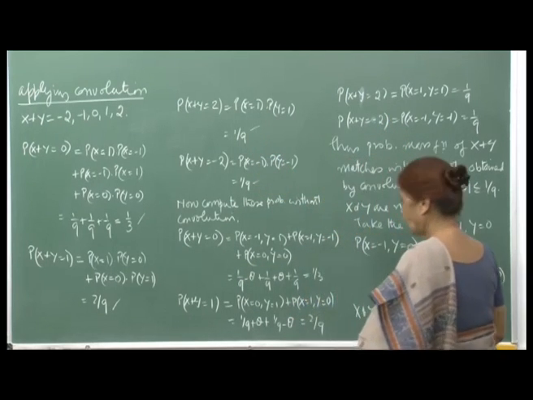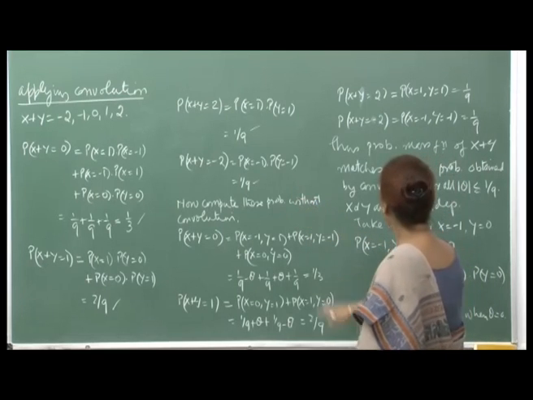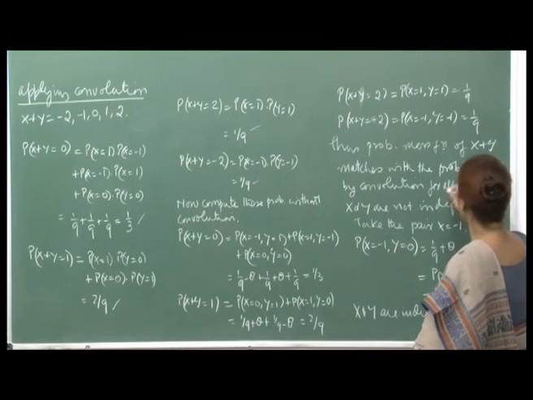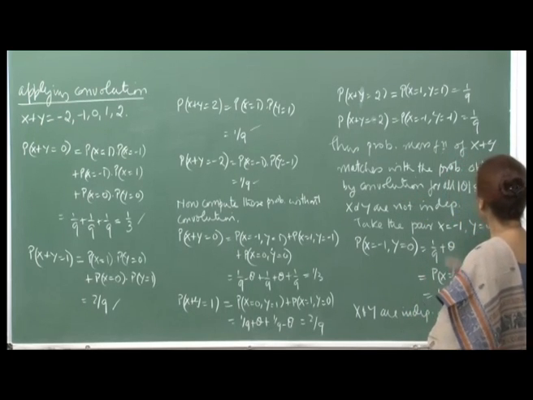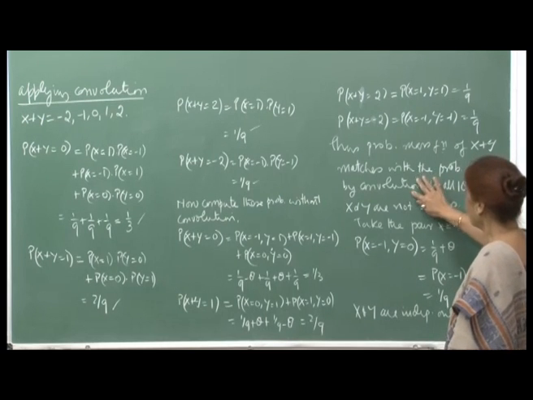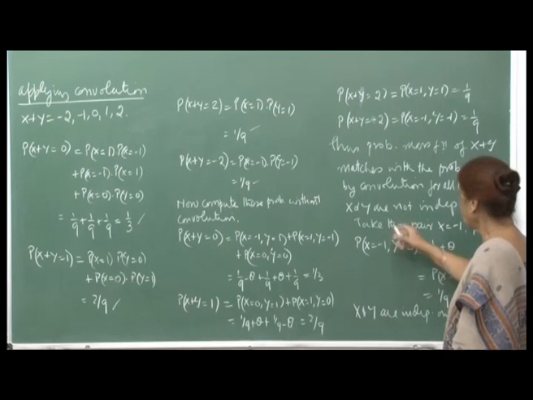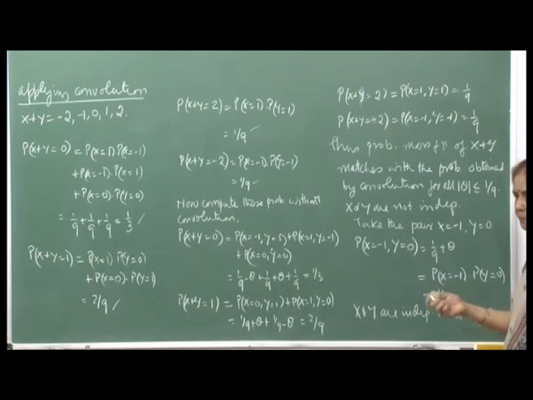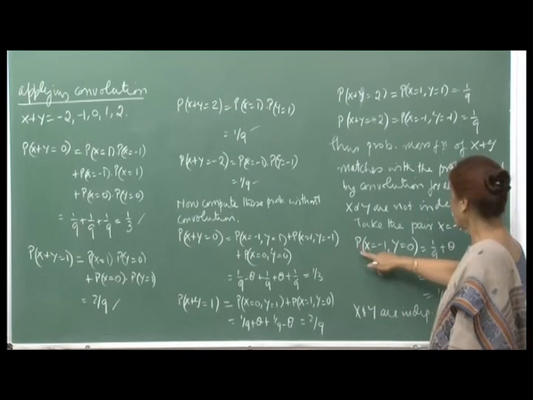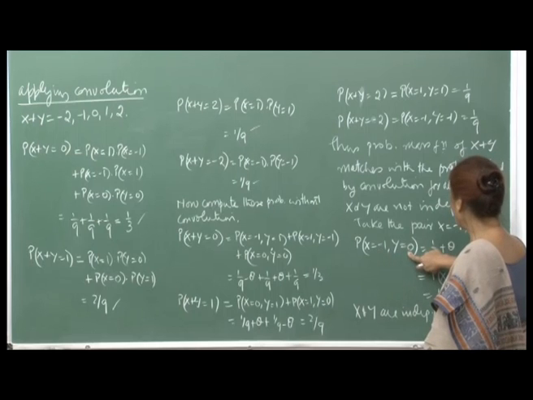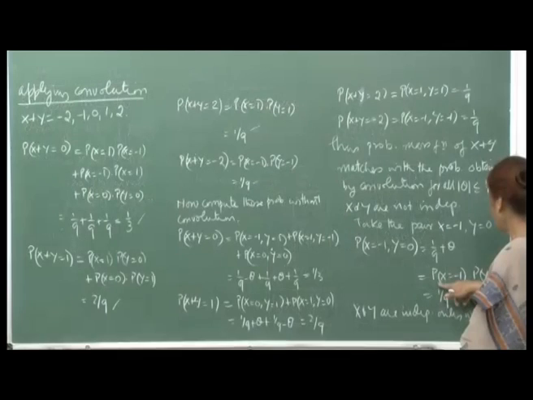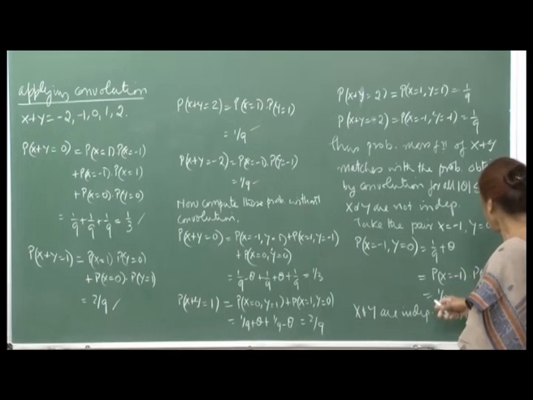But you can easily verify that for all values, the probability mass function of x plus y matches with the probabilities obtained by convolution for all theta less than or equal to 1 by 9. So, the two things match, but we know that x and y are not independent. Why? Because I just have to show that for one pair of values this does not hold. Probability x equal to minus 1 and y equal to 0, from the table, is 1 by 9 plus theta, but this is not equal to